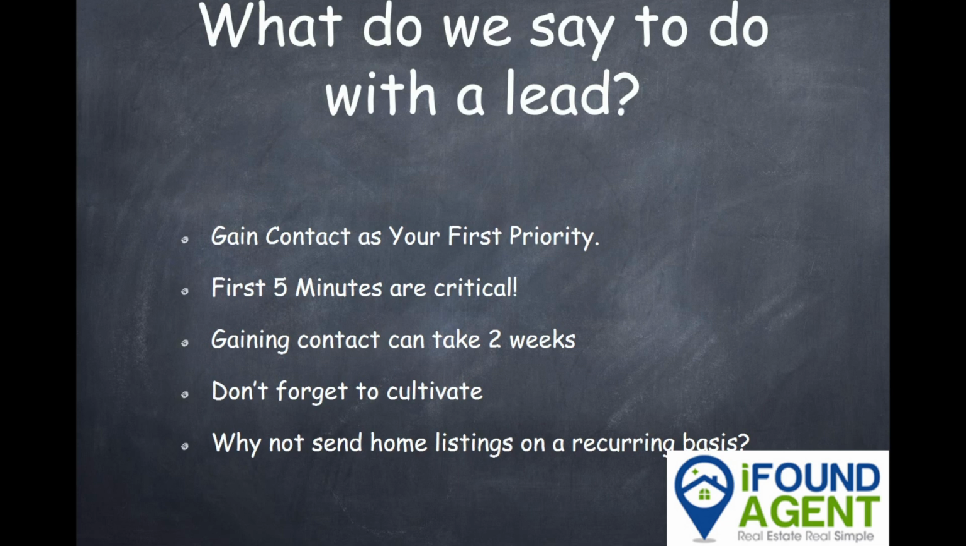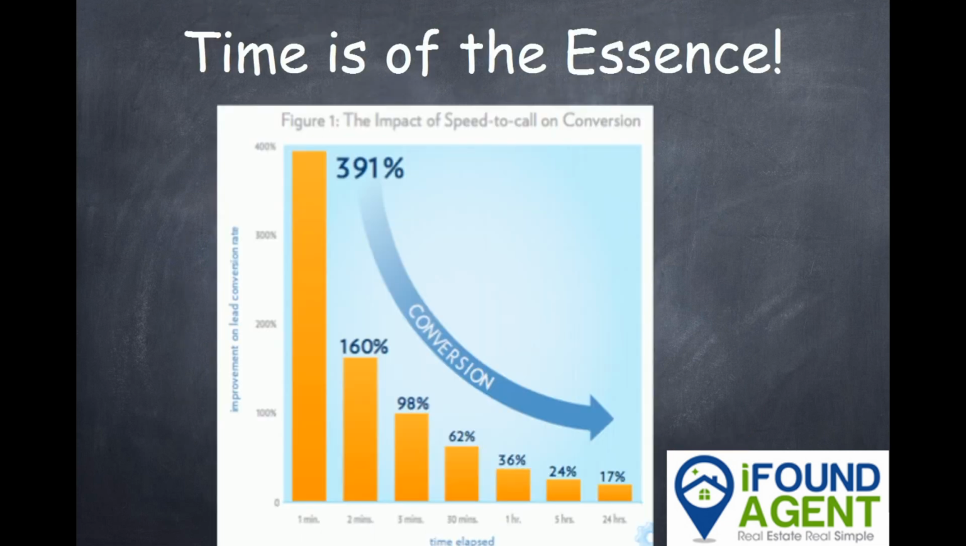One question I want to put out there is, why not just send home listings on a recurring basis? I'm going to go into that more in just a moment. First and foremost, I wanted to cover this graphic. Unfortunately, it was kind of small, so I've blown it up. Hopefully you can see it, but the impact of speed to call on conversion